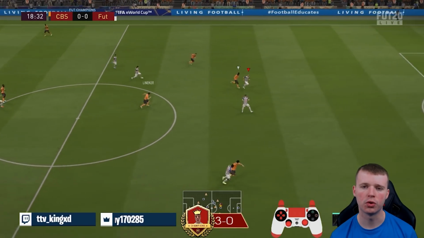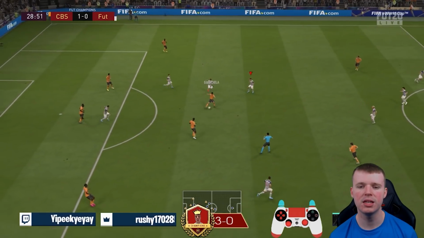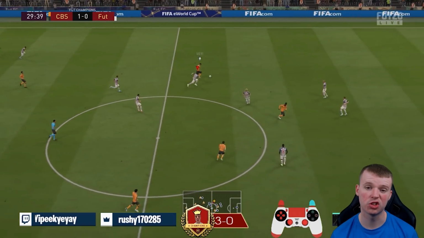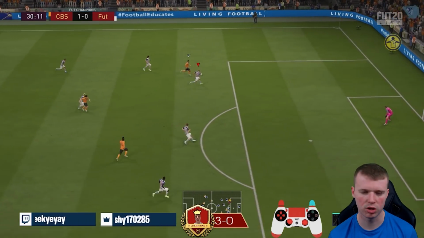You have to make sure that in all situations you are being calm and composed. As I said, for me, the key area is to always make sure that you are pressing inside their half, which is like we did there with Tonali. We try and get stuck in. Unfortunately, we don't come out with the ball, but